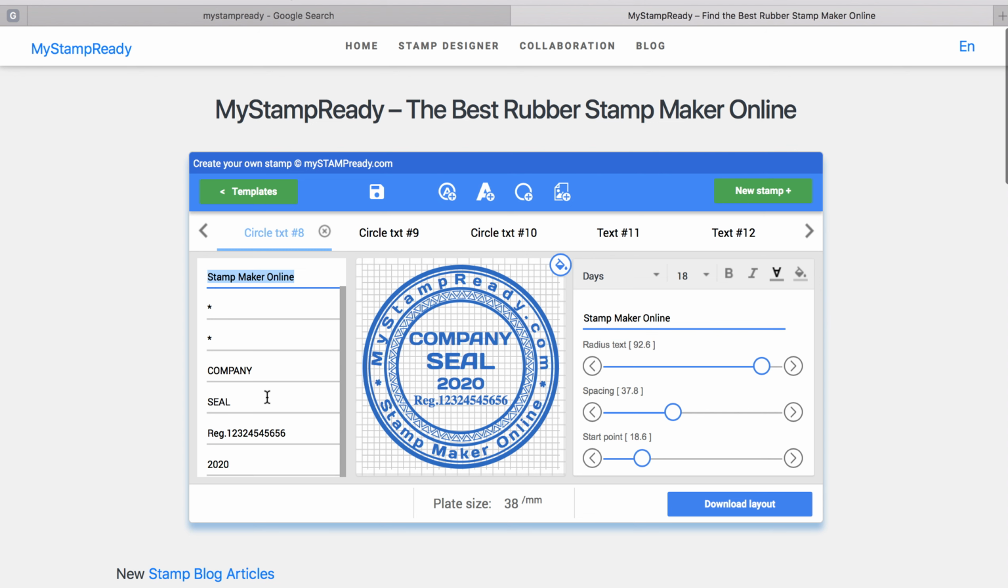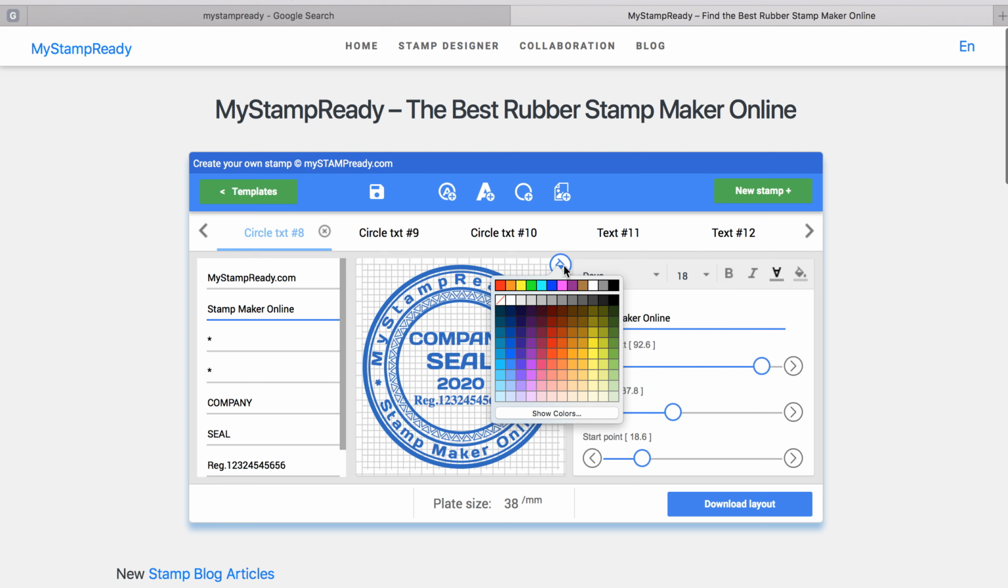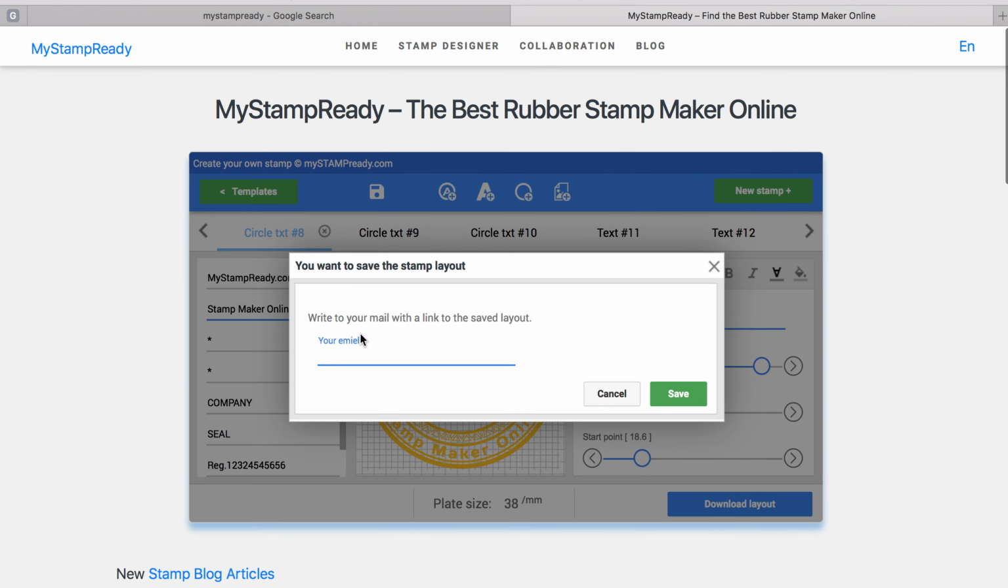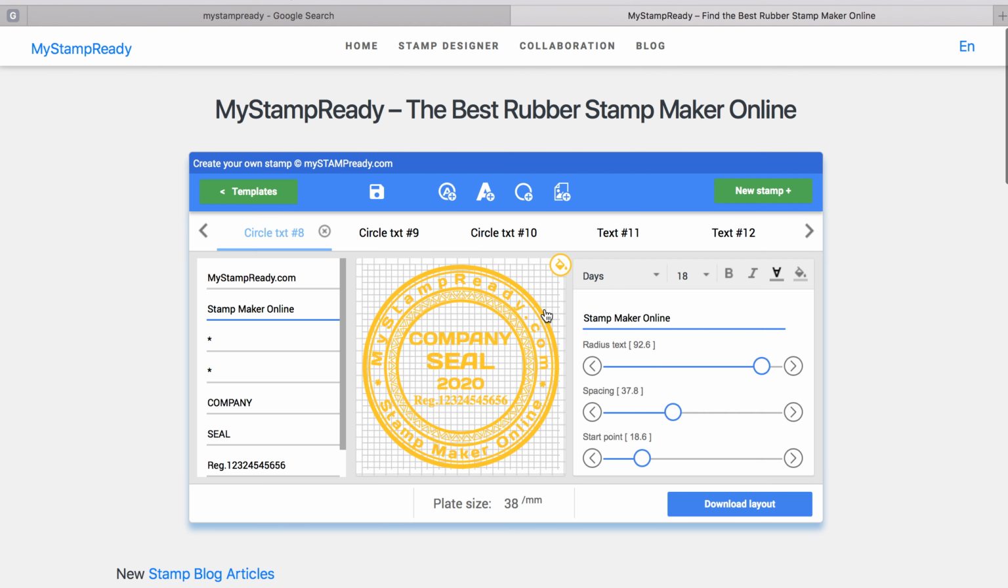So you can change the color. You can save your layout. So you put your email here and you get the link with this one. Or you can